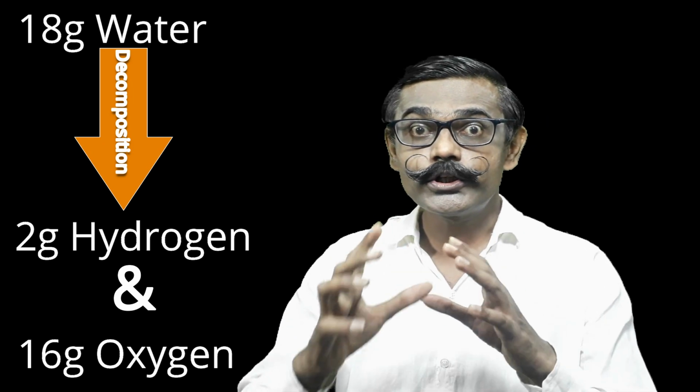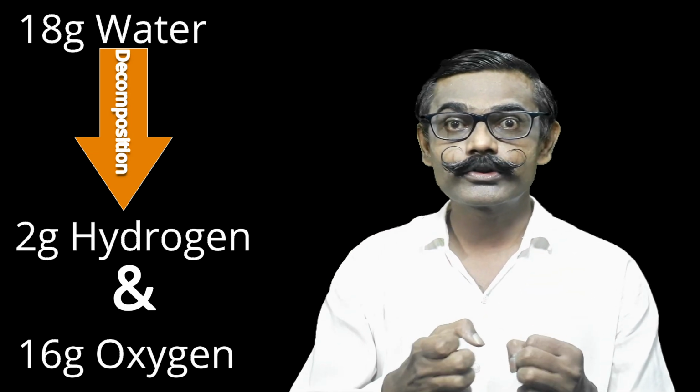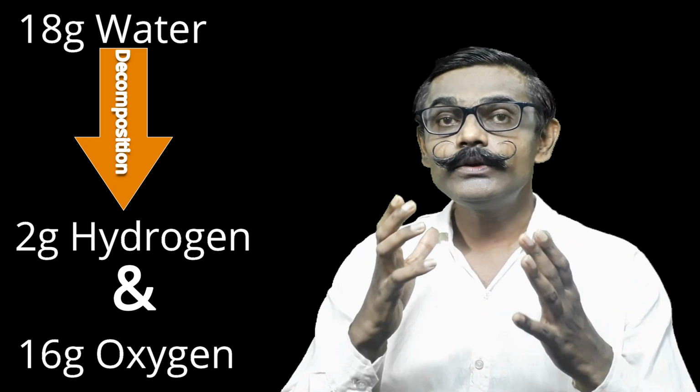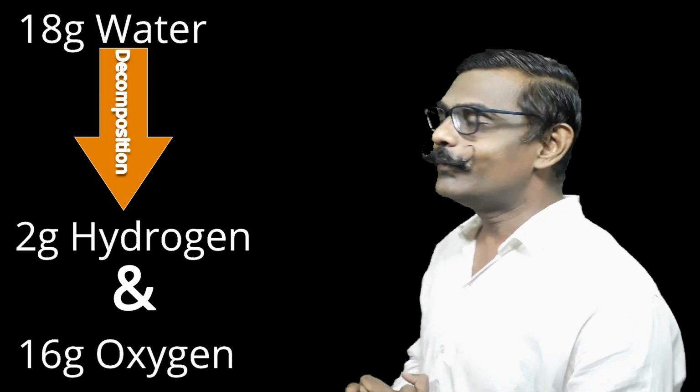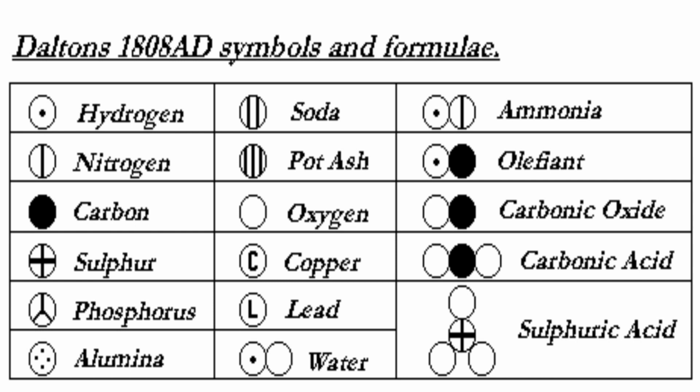In order to distinguish different atoms, oxygen, hydrogen, nitrogen, potash, a few ions or a few molecules, he used his own symbols. See which symbols he has recommended. A circle with a dot at the center means hydrogen, and only a circle means oxygen. So for water, which representation was he using? Hydrogen and oxygen, its combination he wanted to show. Multiple bonds, different bonds also he wanted to show.